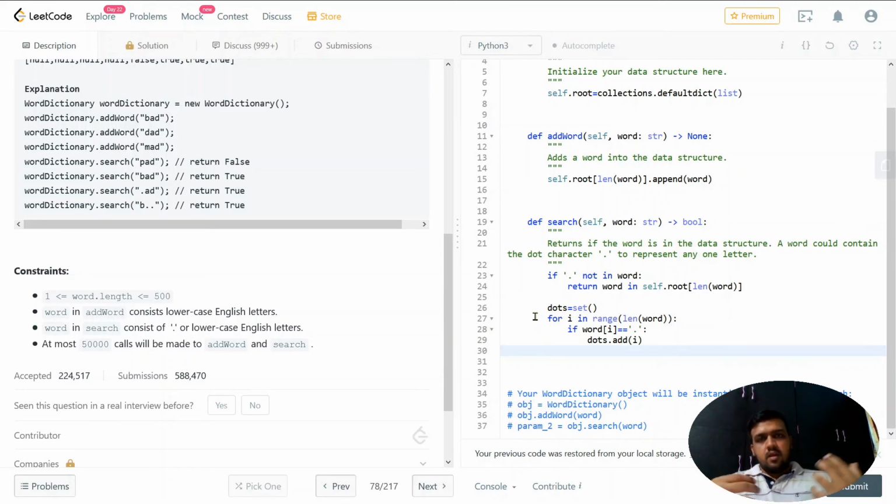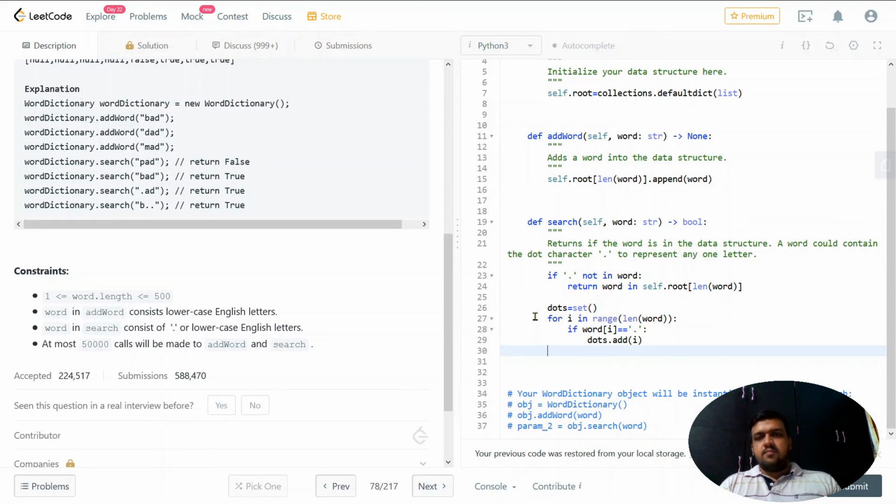So rather than doing that, I prefer to use this method. Whatever the length of the searched word, I will transform each word of that length into the search word, and if the transformation is possible,